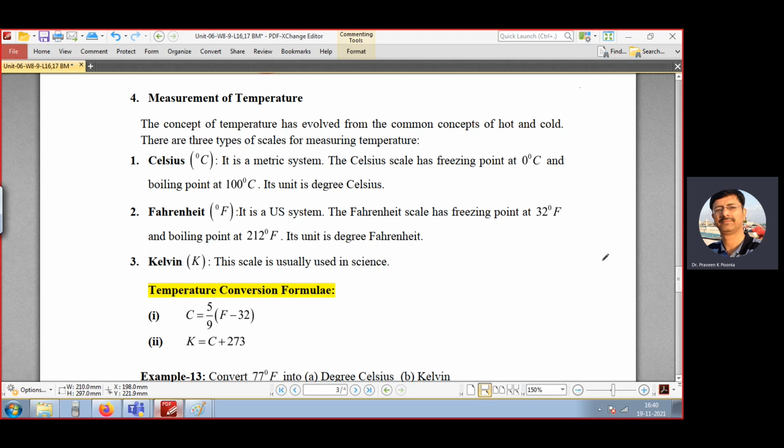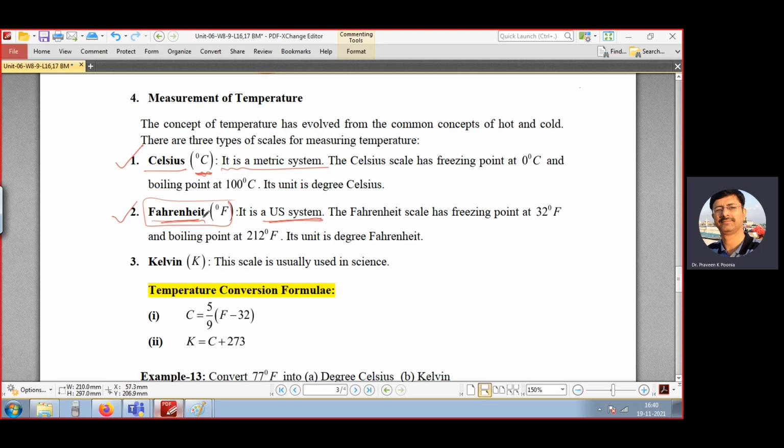But I want to tell you there are 3 units of temperature. The first unit is Celsius. Celsius is a metric unit. What is the temperature of our body? If we are going to the market, you will see 36.3, 36.4. This is called degree centigrade. Clear? If you go to the US, in the US system they measure temperature in Fahrenheit. So there are 2 units: in the metric system it is Celsius, but in the US system it is Fahrenheit.